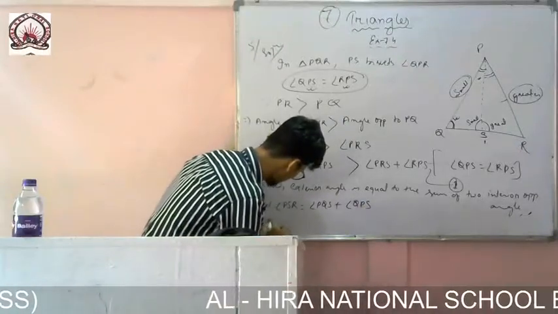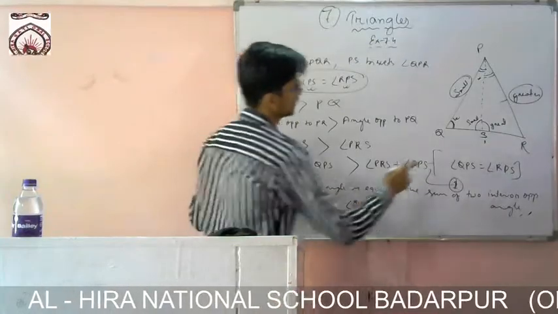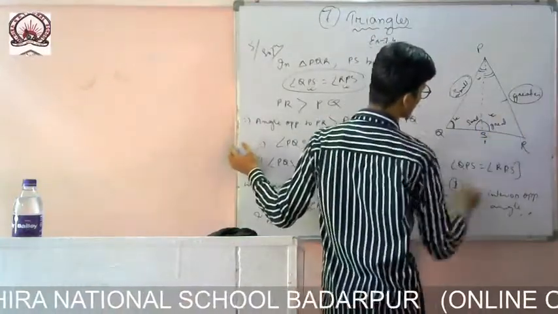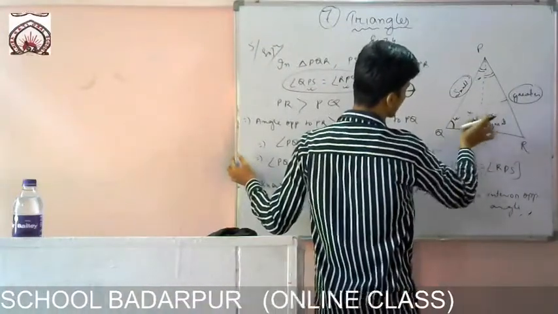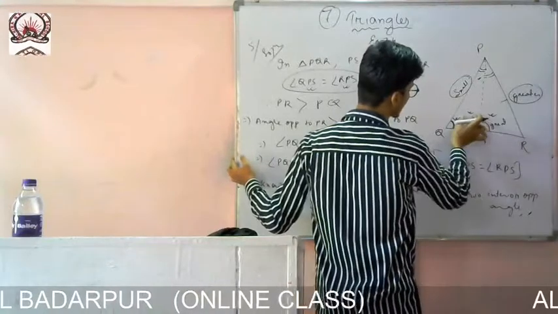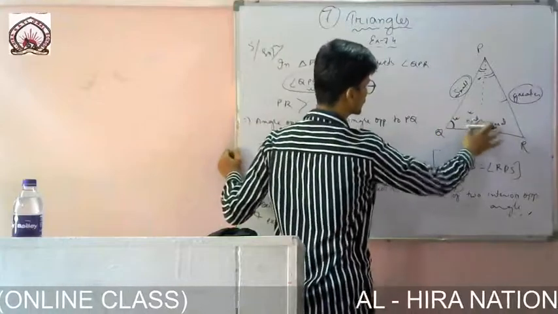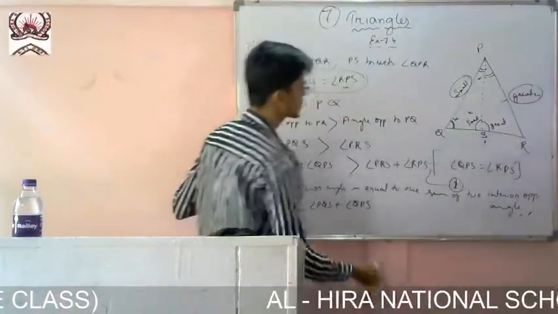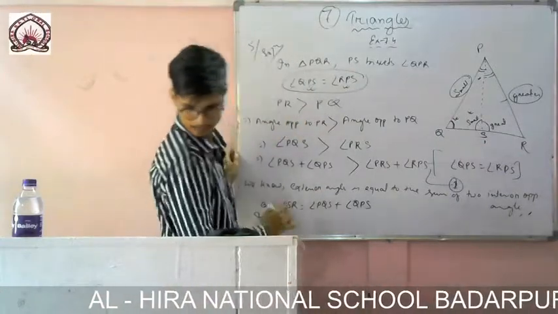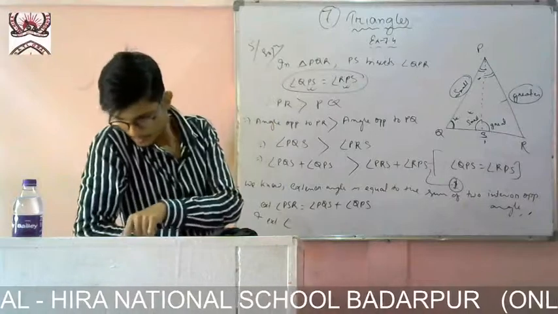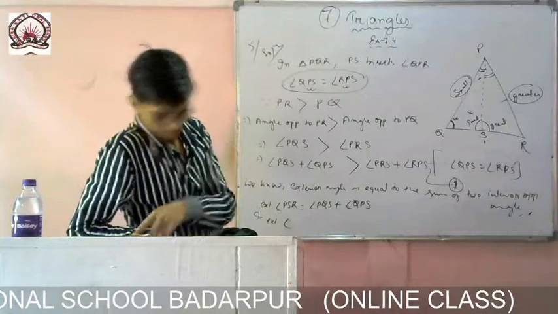and exterior angle another one will be. I am taking one time this one as the exterior angle, another time that one. I am taking this triangle and this is the exterior angle. One time I am taking this triangle interior, this one exterior, another time I am taking the other. So if I take this one now, then these two will be the exterior angle. So angle PSQ, what you have to prove? It is given, let me write the angle correctly. You have to prove that PSR is greater than PSQ.